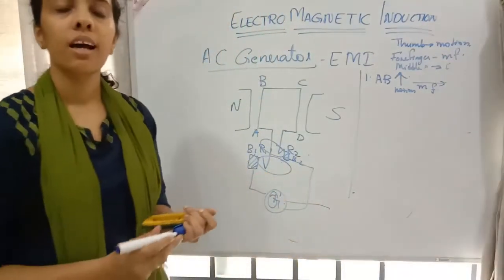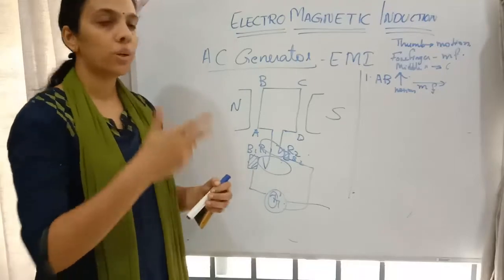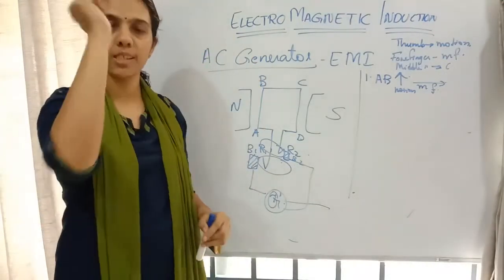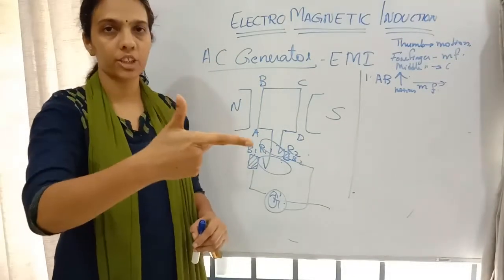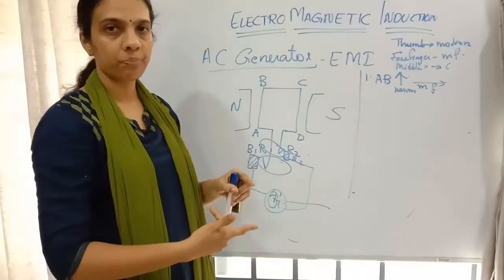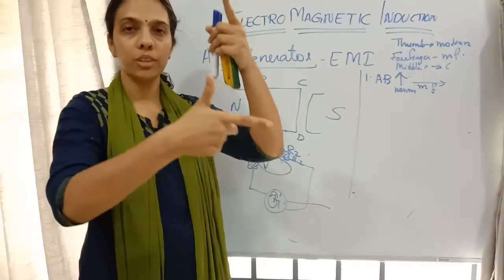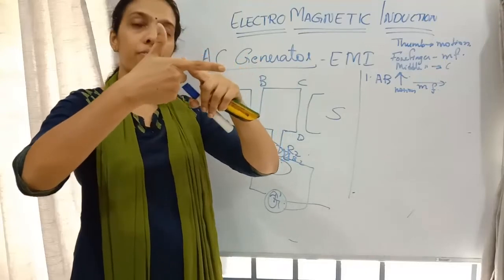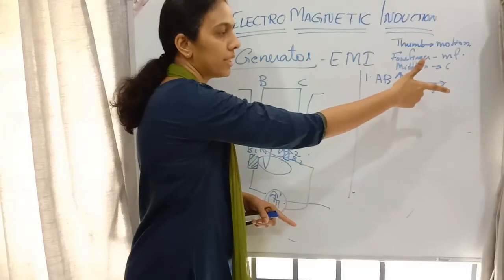Okay, this is Fleming's right hand rule. Using that rule, here I am considering these three fingers of my right hand in mutually perpendicular directions. Now we are moving AB in the upward direction. First I am looking at the side AB only, moving upward. The magnetic field is moving in this direction, from left to right.